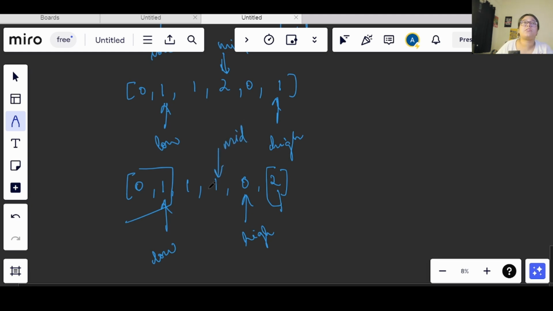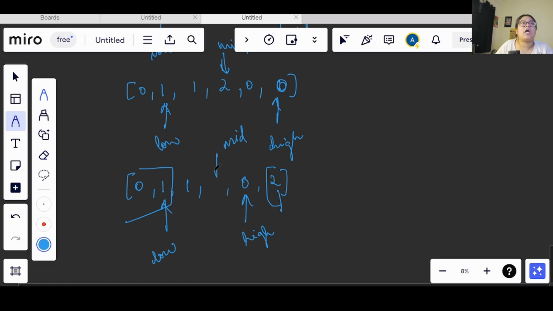Why am I doing this? Let's say instead of 1 I had 0 here. Just take the scenario. So let's change the values accordingly. Now instead of 1 I will have a 0 here, and if I had moved forward I might have skipped this value, right? Because if a 0 comes here I need to swap that.